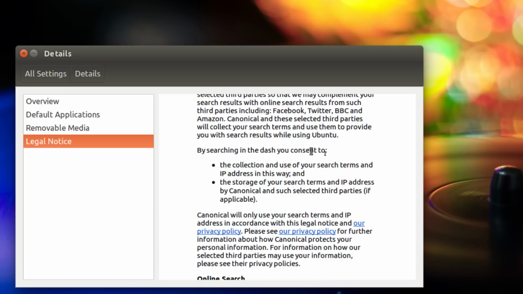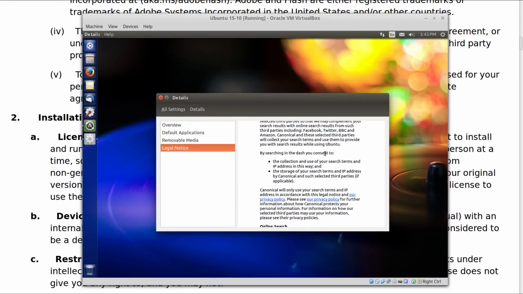Okay? That is Ubuntu. And the other elephant in the room that we need to talk about before we wrap up this video is Google, because there are those who use the justification that, well, if you do a Google search, it gets your IP address, it knows what you search, and then it offers you ads and all this other stuff. This is absolutely true. Any Google service that you use, you are basically unzipping your fly for Google and giving them the information. However, Google services, unless you install their software on your machine, do not snoop in your personal files. It's just what you put on the internet.